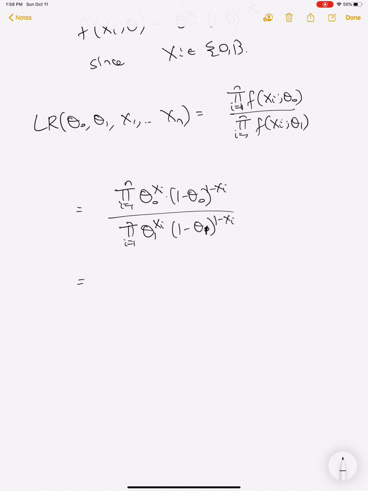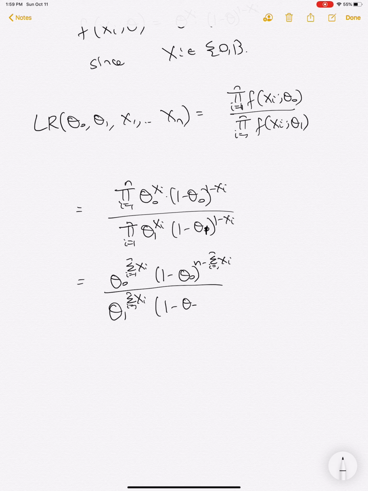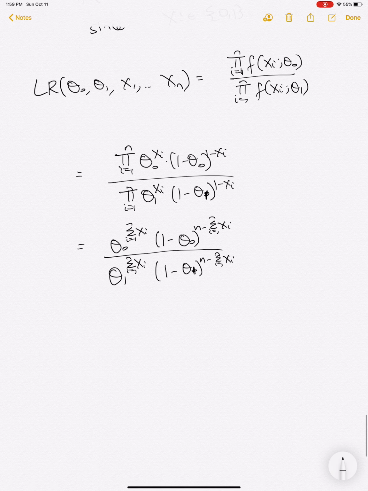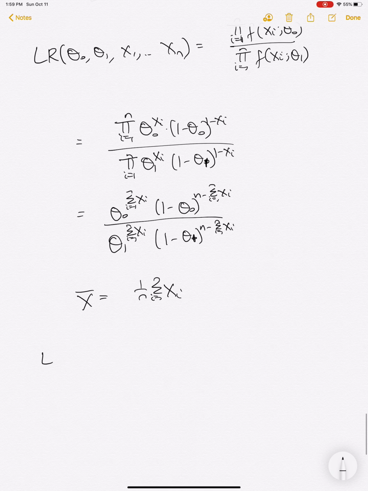We can rewrite this as, so all I've done is used properties of exponents. And so if we again let x bar be the sample mean, you can express this likelihood ratio